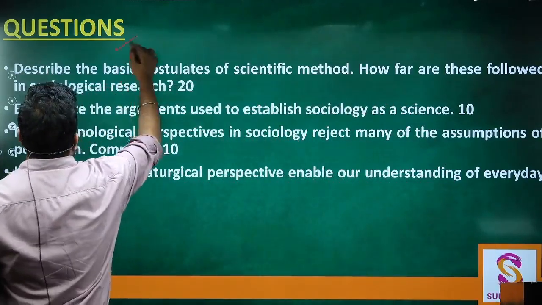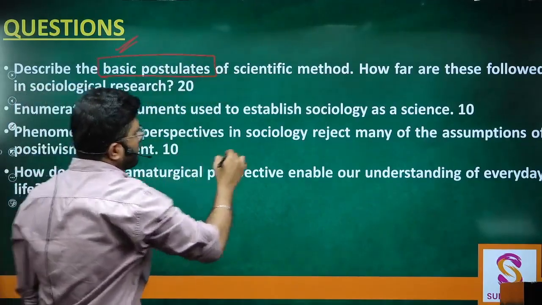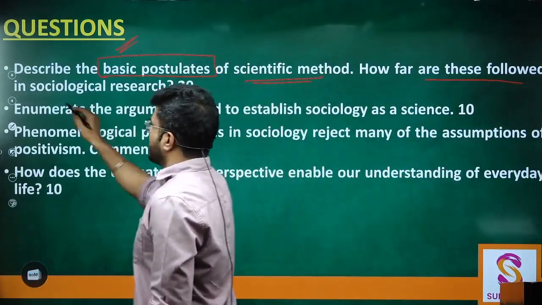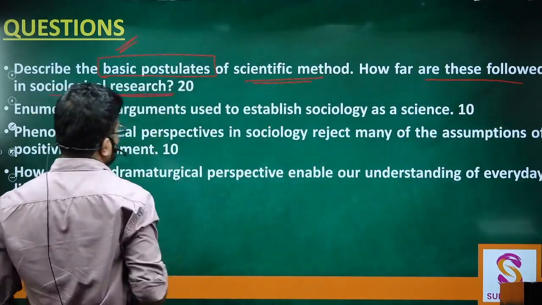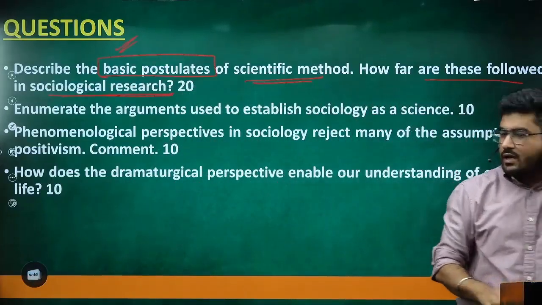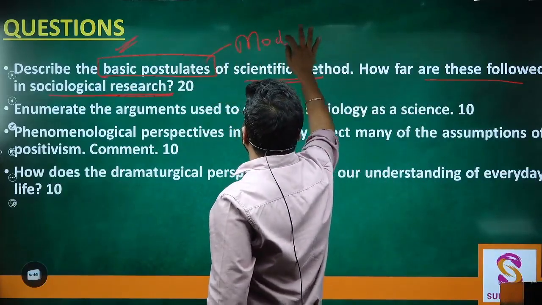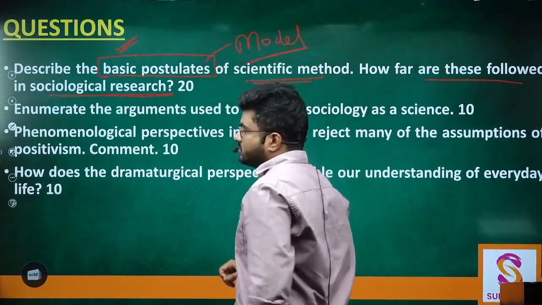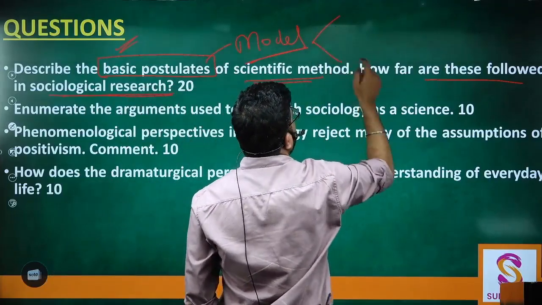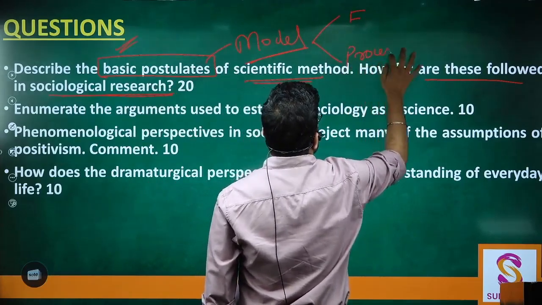The first question asks us to describe the basic postulates of scientific method and how far these are followed in sociological research. Now, what does the examiner want us to write? He wants us to write what the basic model of scientific research is all about. So here we will dive into two different dimensions. You can write features as well as the process